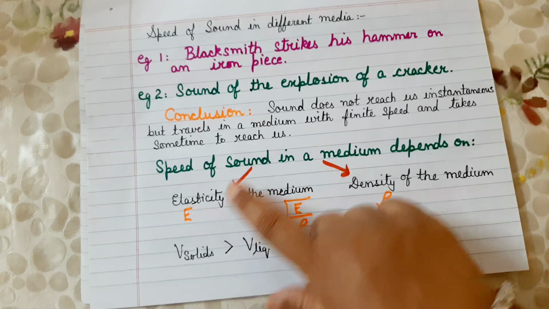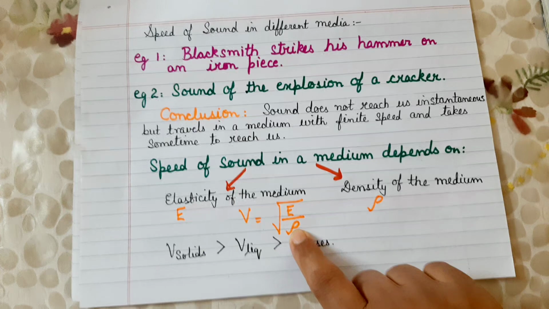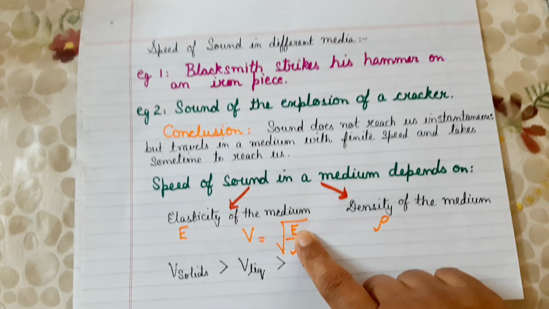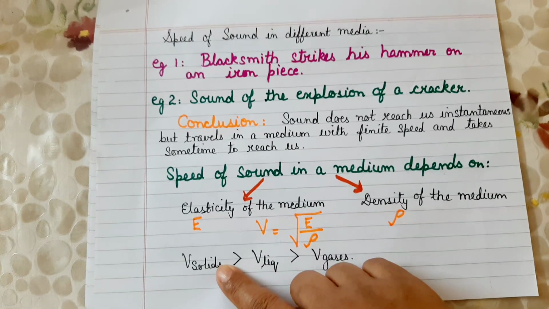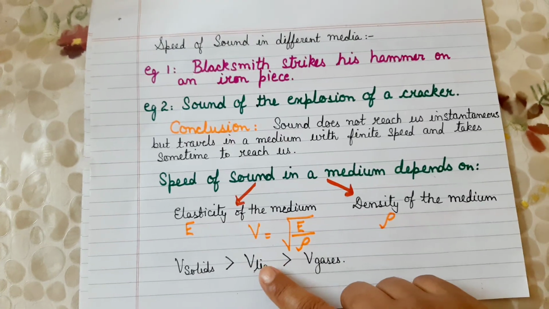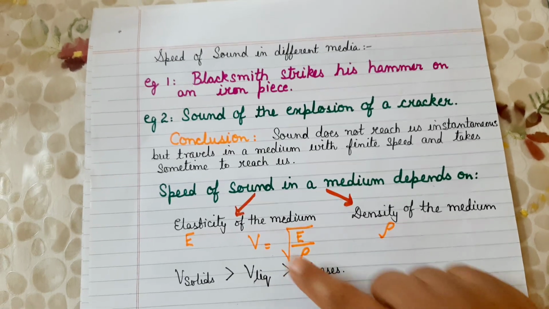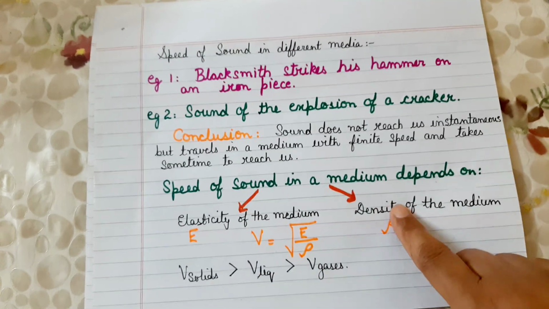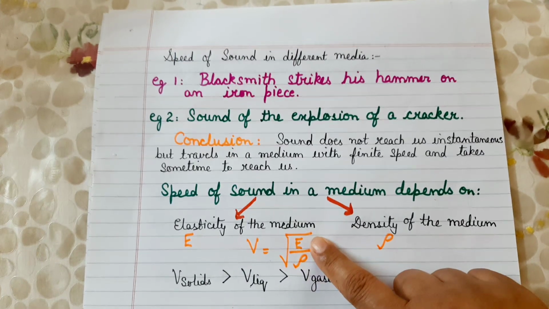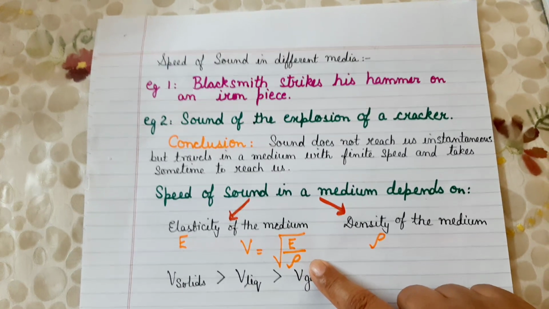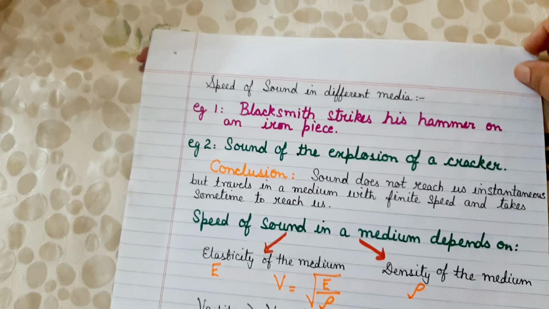From here, what do you make out from this formula? You make out that the speed of sound is inversely proportional to the density of the medium, and it is directly proportional to the elasticity of the medium. And you already know that the speed of sound is maximum in solids. So it is greater in solids, it is a little less in liquids, and it is the least in gases. Okay, so this should be very, very clear to you, and you should know that it depends on two factors, that is elasticity and density, directly proportional to elasticity and inversely proportional to the density. Okay children, so you should remember the factors and of course the reasoning questions.